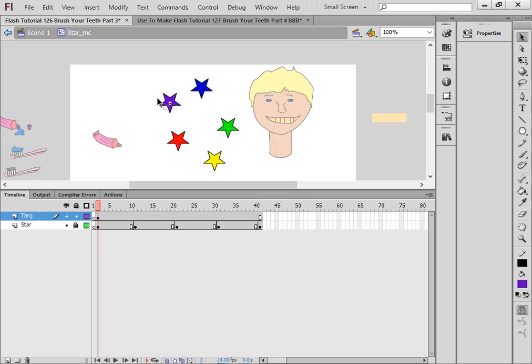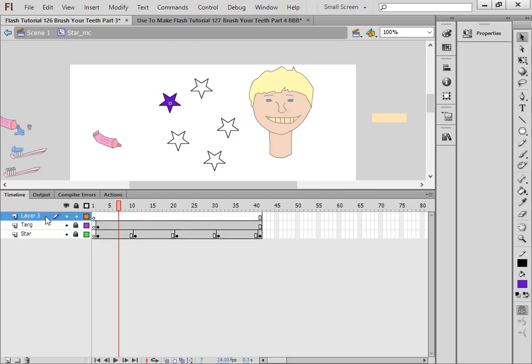Now, there's actually 2 of them here now, so you can click it just once, and you might be able to delete just one of them. There you go, but it doesn't matter. What we want to do now is click the center of this one, delete it, click the center of this one, delete it, click the center of this one, delete it, click the center of this one, and delete it. So now we have where our targets are going to go, and these will fill them in. Lock all the layers, select the top layer, insert a layer, action script, AS,